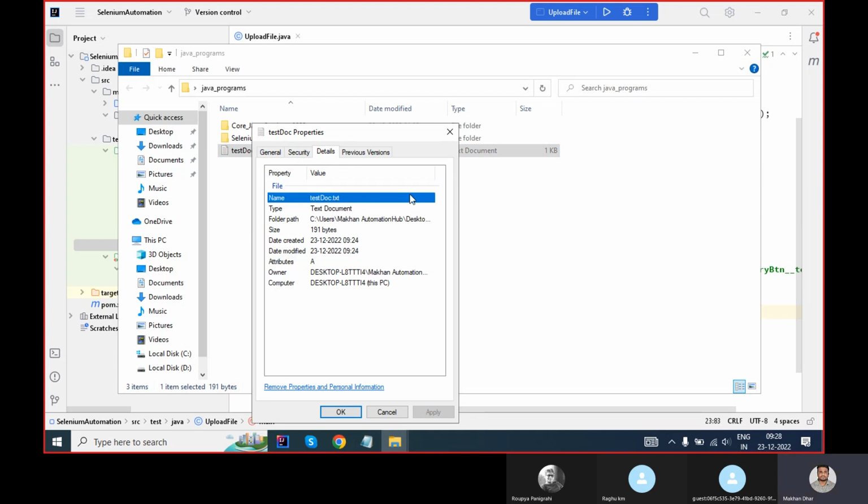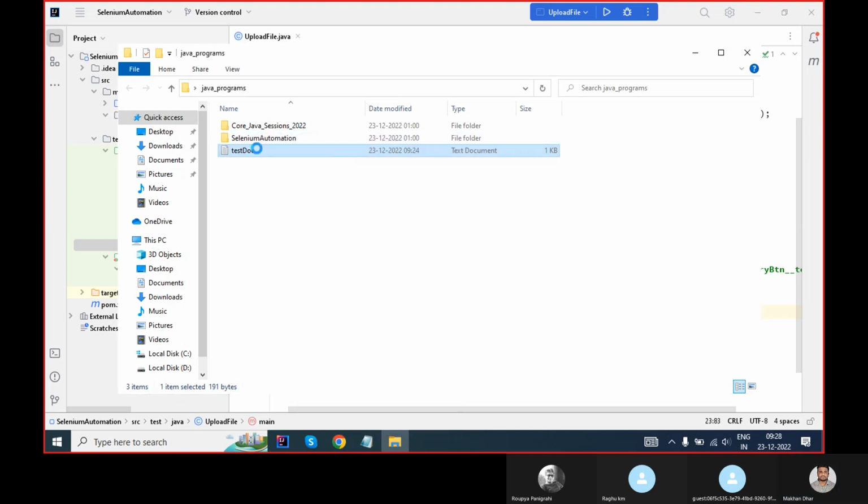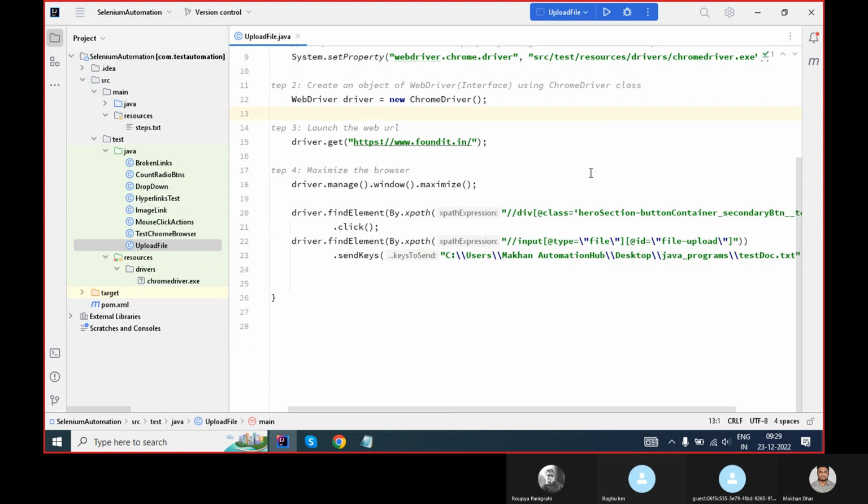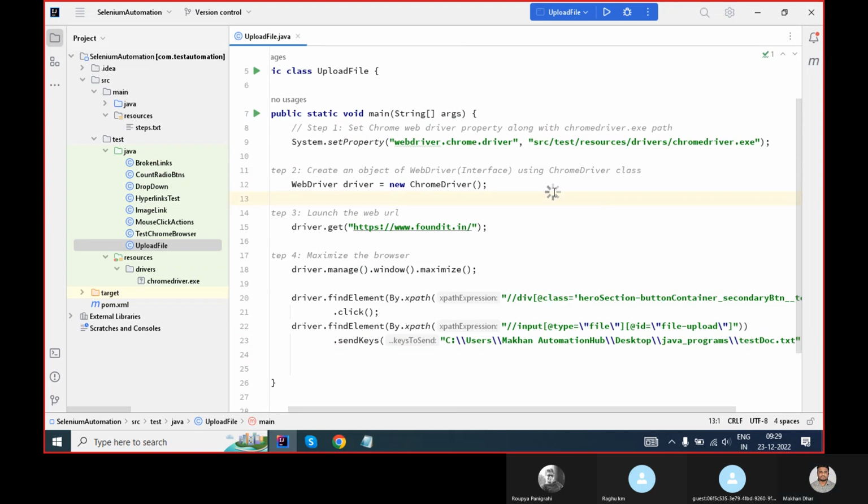So test doc.txt. So this is txt format. I'm just copying, and again this is my document dot extension txt. Okay. So we are done. Now if I run this program,